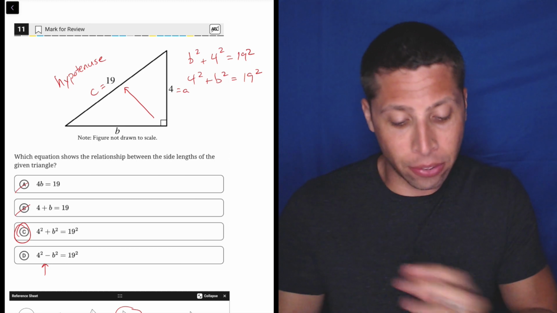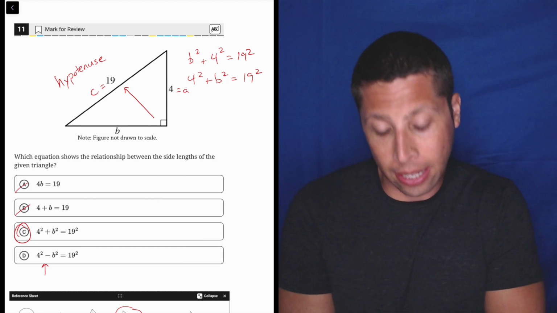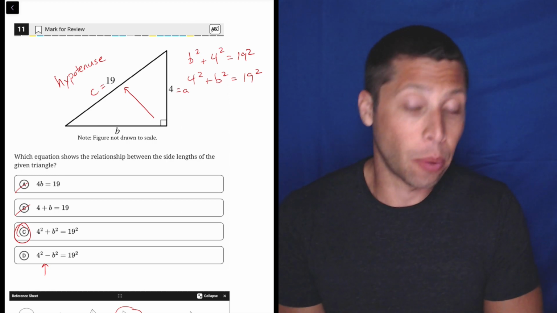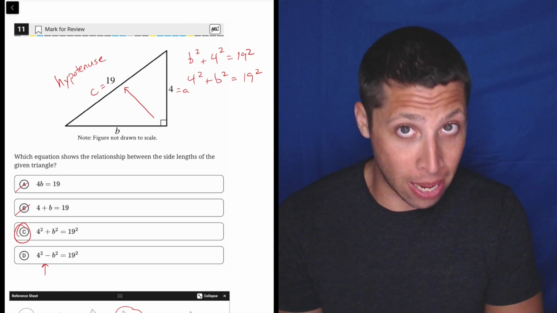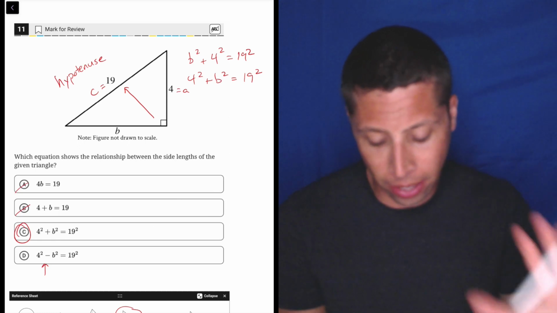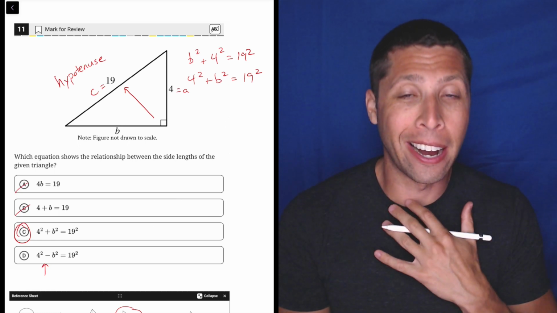So that left side doesn't really matter much, and the only reason we might end up with subtraction is if they were asking us to solve for b. Then we would move the 4 squared over to the other side using subtraction. So I'm not going to write it because I don't want to confuse you anymore, but Pythagorean theorem, one of